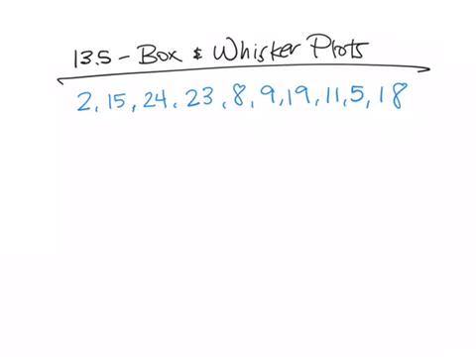So I have on your screen for you right now a set of 10 random values that I just wrote down that we are going to attempt to use to create a box and whisker plot. So when you're creating a box and whisker plot, there are going to be 5 values that